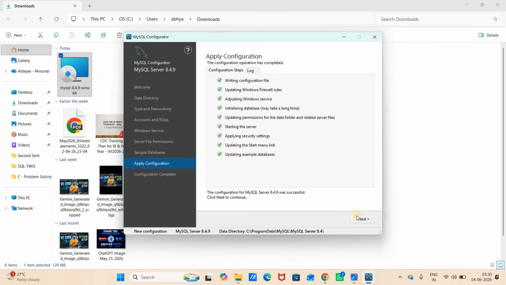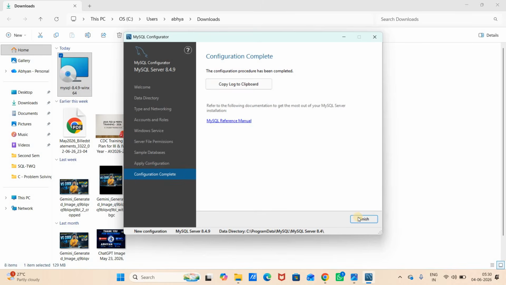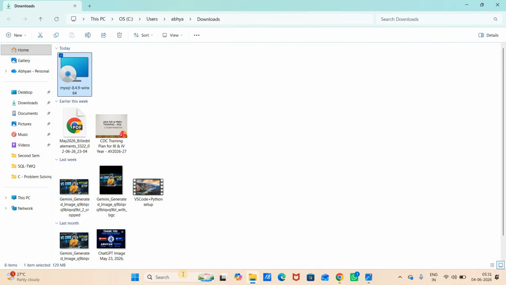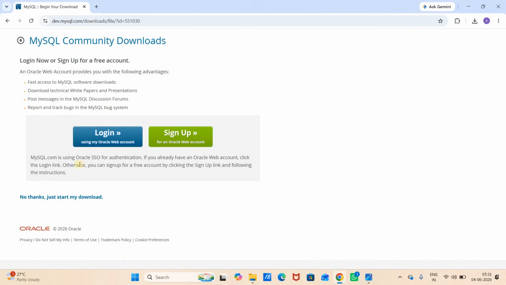So done. Then click on next. So configuration is completed. Now click on finish. That's all. With this, MySQL server has been installed in your system. Now if you want MySQL Workbench also, then in the same way,